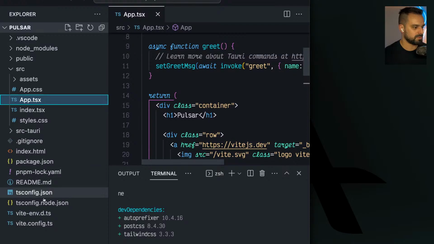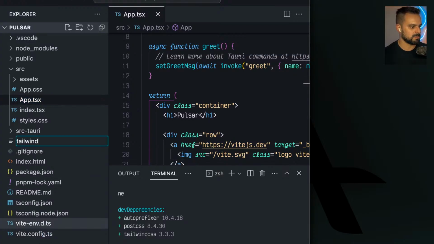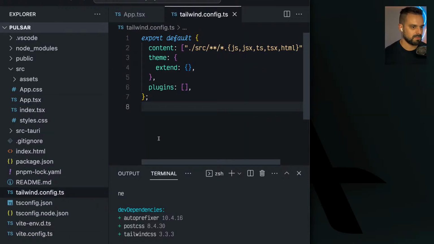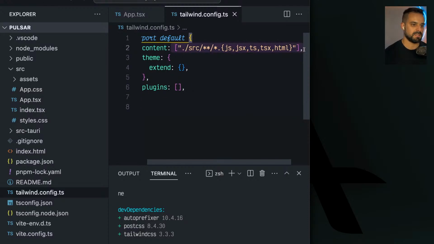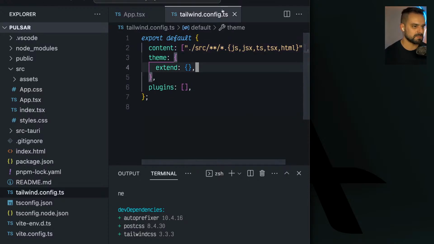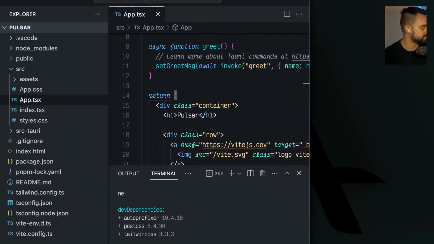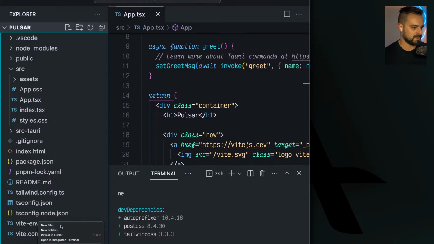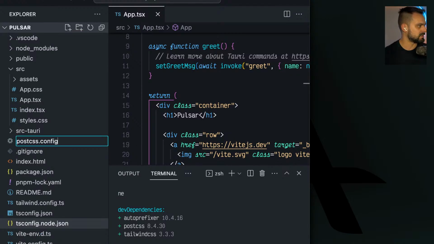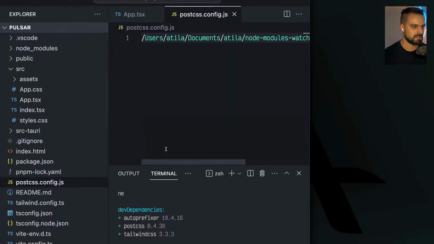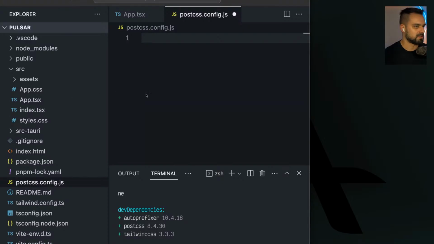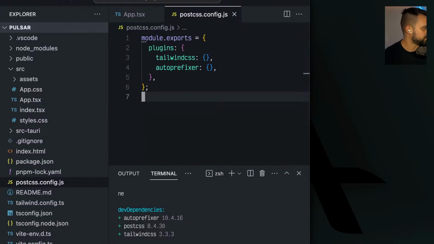So first of all, we're going to add the tailwind.config.ts. There you go. This is basically saying that those are the files I want you to keep tabs on for the just-in-time compiler. And then we need to also set up this little empty file for the PostCSS config.js. Oops. There we go. With that done and out of the way,